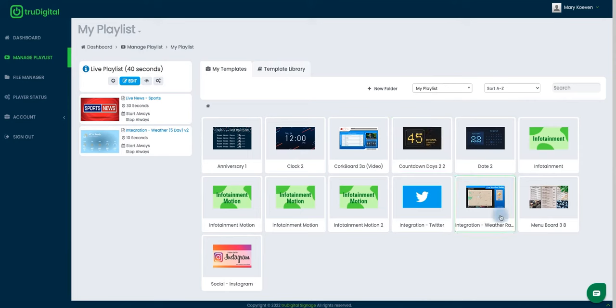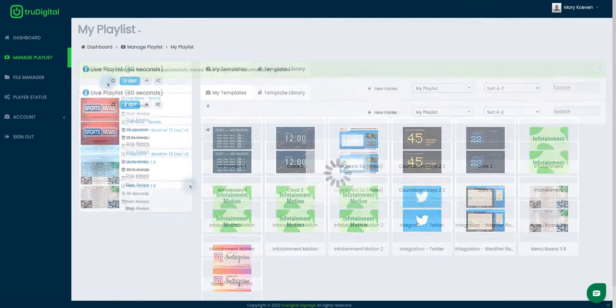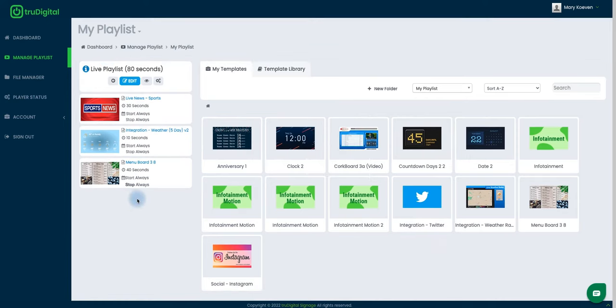And now to add it to my display, to my live playlist, I'm going to go ahead and click on Edit under my live playlist. And you'll simply click the menu board and drag it from the right side over to the left. Now you'll see it listed under your live playlist. Once we see it there, I'll go ahead and select Save. Now that I have that menu board included under my live playlist, that content will start displaying shortly on your